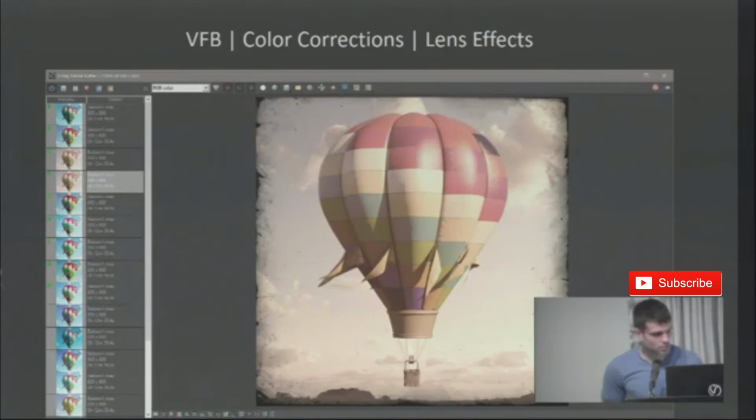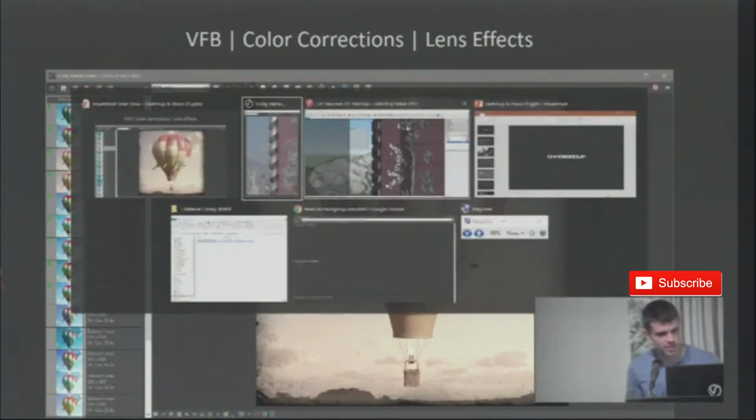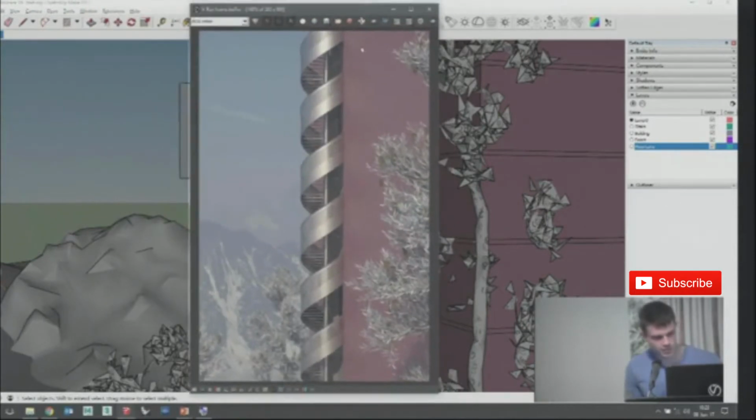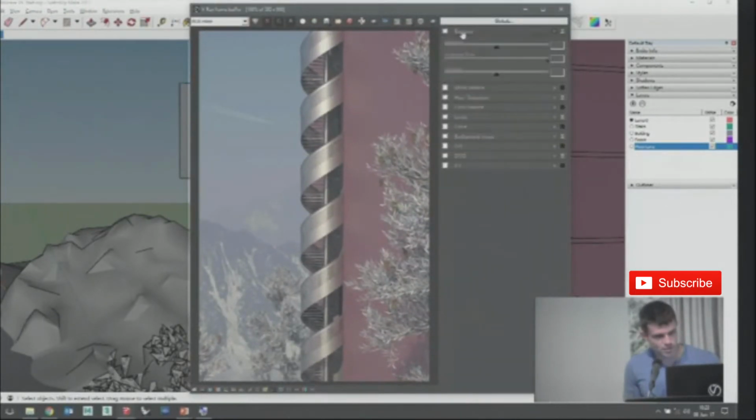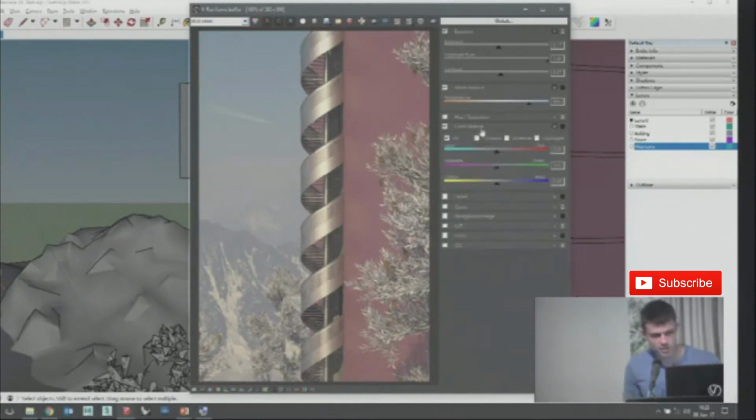So another really cool thing that we have improved in V-Ray 3 is the color correction capabilities of the V-Ray frame buffer. So we have a lot more options now, so you can play with exposure, contrast, white balance in the frame buffer, so you don't even have to do that in the physical camera. Color balance, which I love to use lately. So this one will let me tint the shadows, tint the highlights, or the midtones separately and create more advanced